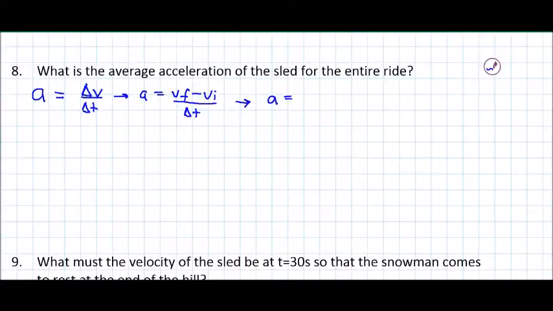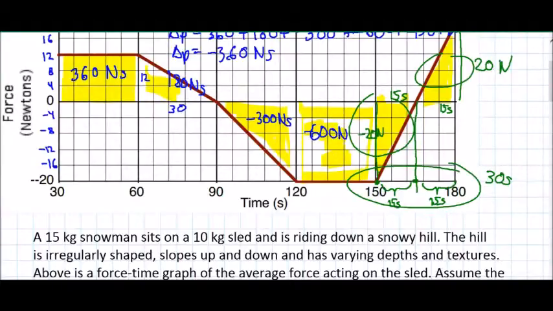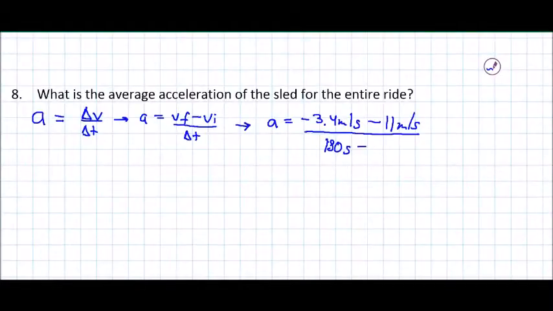So A equals Vf, which is our final velocity from question 6 that we found to be negative 3.4 meters per second, minus the initial velocity, which we were given in the description of the problem, and divide that by our time. Final time is 180 and our initial is 30 seconds. So divided by 180 seconds minus 30 seconds, which will give us that acceleration is equal to -0.3